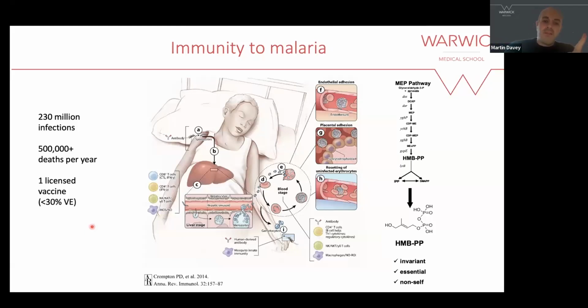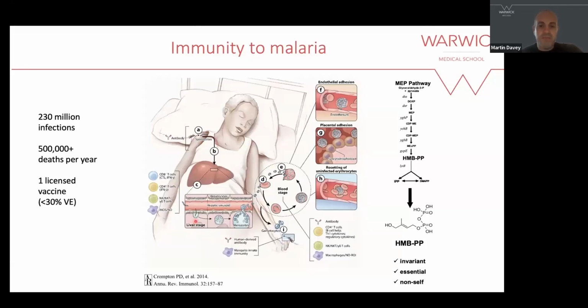So it lives also in a vector, the Anopheles mosquito, particularly for Plasmodium falciparum, which causes the most deaths a year out of all the malarial parasite species. The key to malaria's infection strategy is that it infects a human via a very small number of sporozoites that are injected into the skin. And then these travel to the liver, where it engages in a liver stage cycle, which is clinically silent.